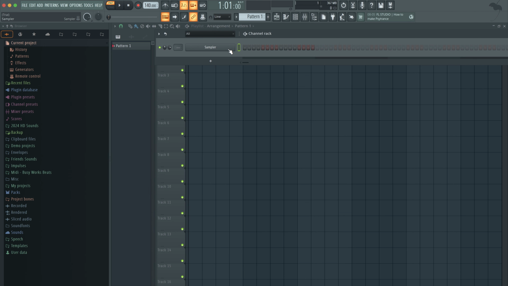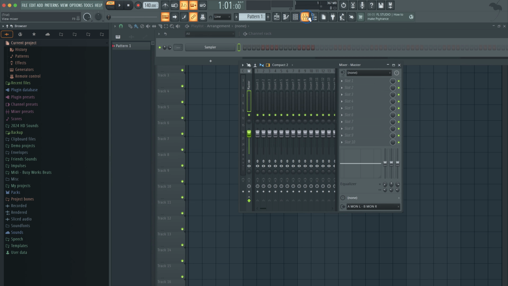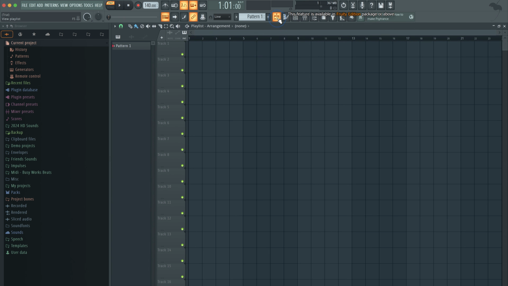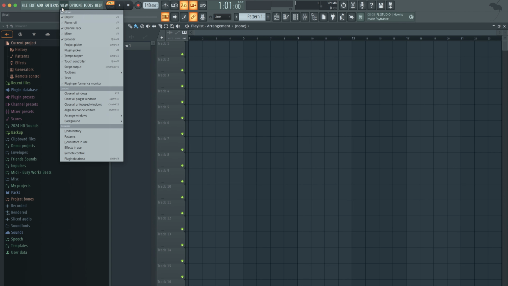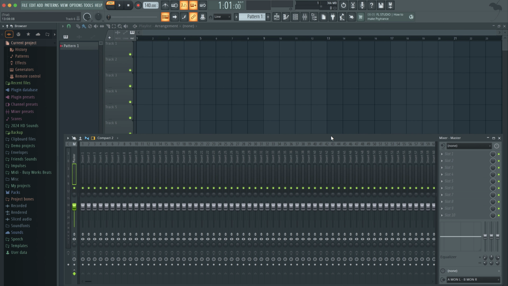Okay, let's get you guys excited. I know that was the boring stuff. Let's say you just want to make beats. Firstly, you have 5 buttons up here: 1, 2, 3, 4, 5. If you ever get lost in FL Studio, chances are you got to click one of these buttons. And if you ever get messed up to where it's completely messed up, go to View, then Arrange Windows, and go to Realign. That will kind of reset everything.